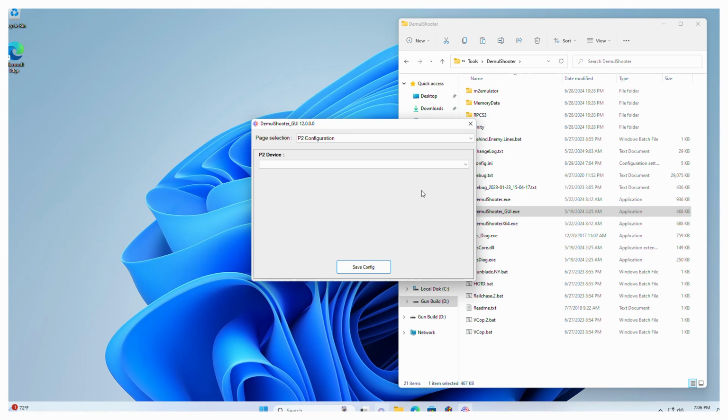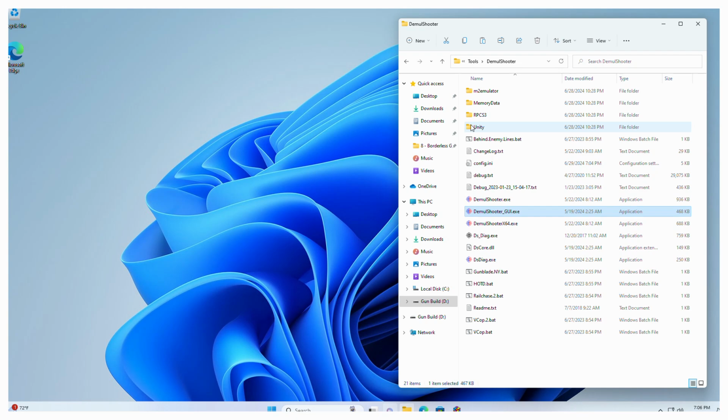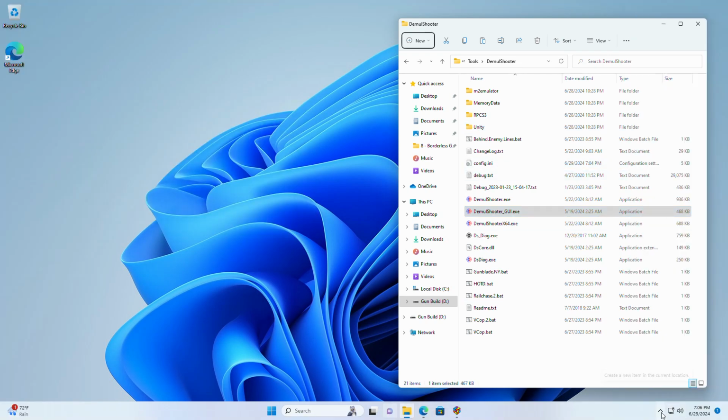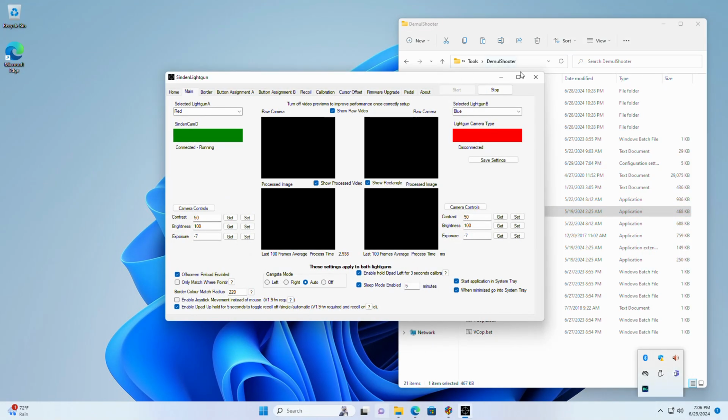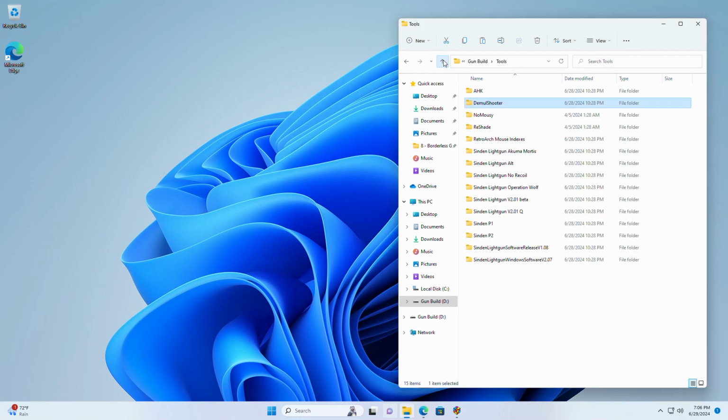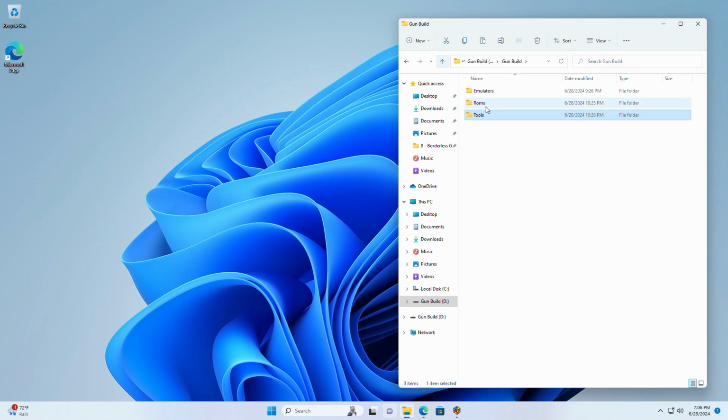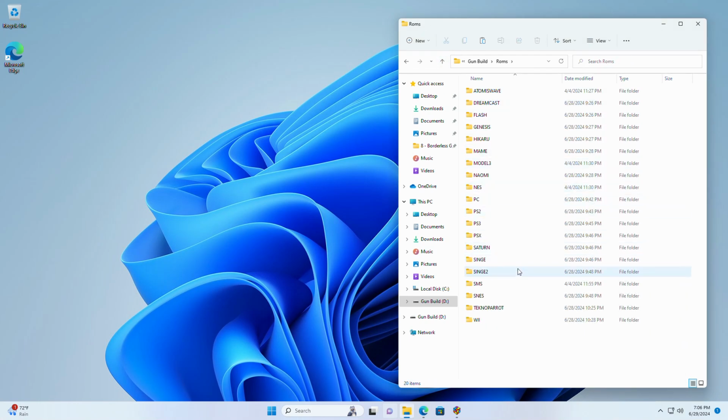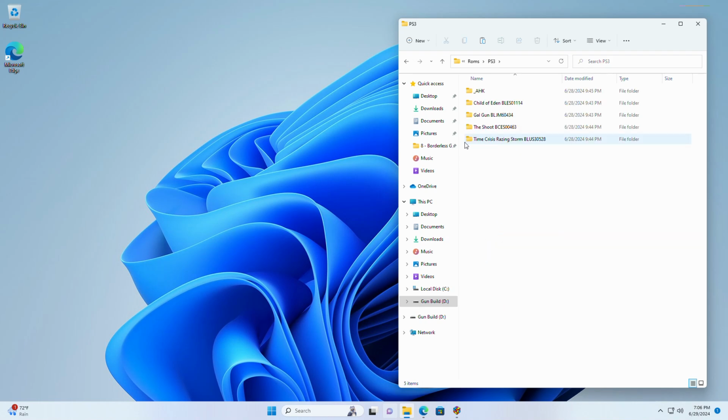Okay, so the next step is we'll go ahead and close out the border, and then close the Sinden software. You have to remaximize it. Close. We're going to make sure the PS3 games are all properly configured, because they use a cache system that is unique to whatever PC it's run on. When I ship these drives out, I'll make sure to empty it, but just in case it does not, if you go into the gun build